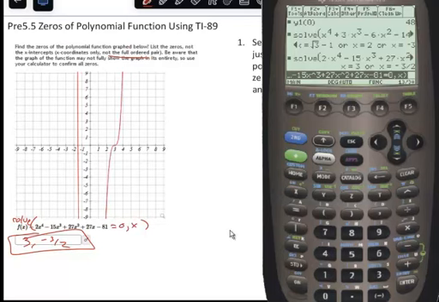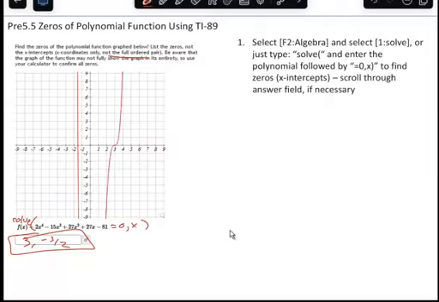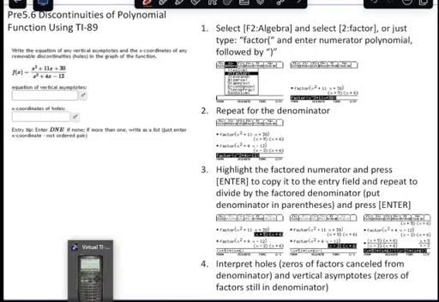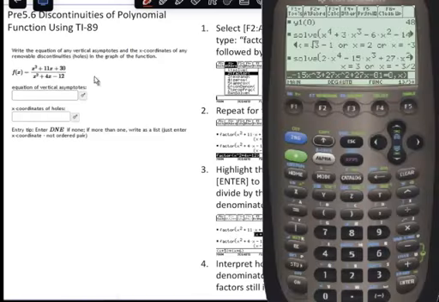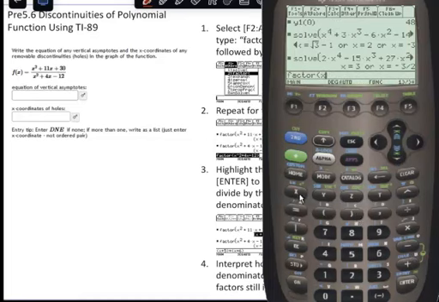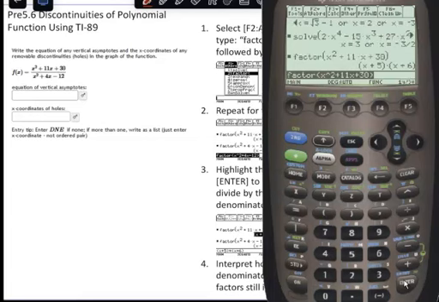All right, the final thing to talk about is working with some of the discontinuities that we were dealing with. For something like this, what you can do is you can use the factor command. If you know you need to factor expressions, F2 Algebra tab has an option of factor. These are ones that you should be able to factor by hand, but if it comes to a point where you have more challenging ones, you get the factored form here of x plus 5 and x plus 6,